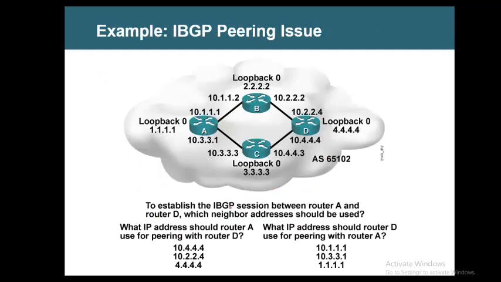In this case, we have redundant paths to reach each router. B can be reached from C via A as well as D. Likewise, D can be reached from A via B as well as C. Whenever we have a redundant path, it is recommended to use a loopback interface of the neighbor as the address to form neighborship